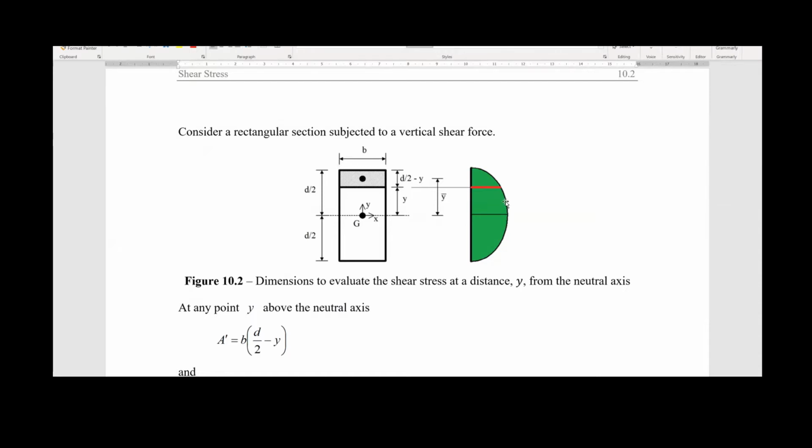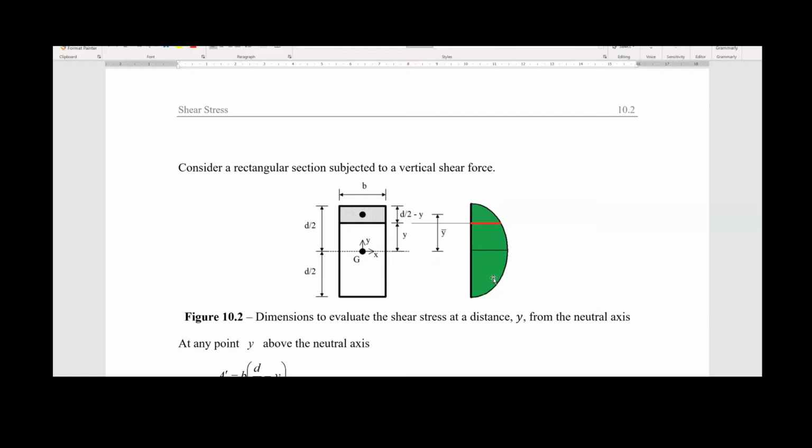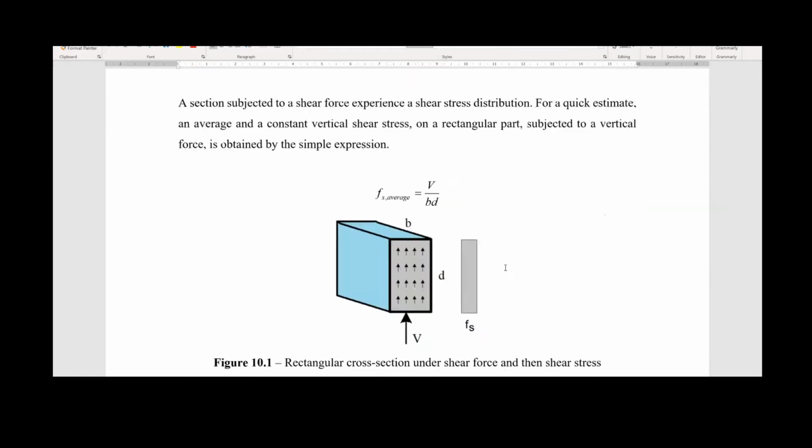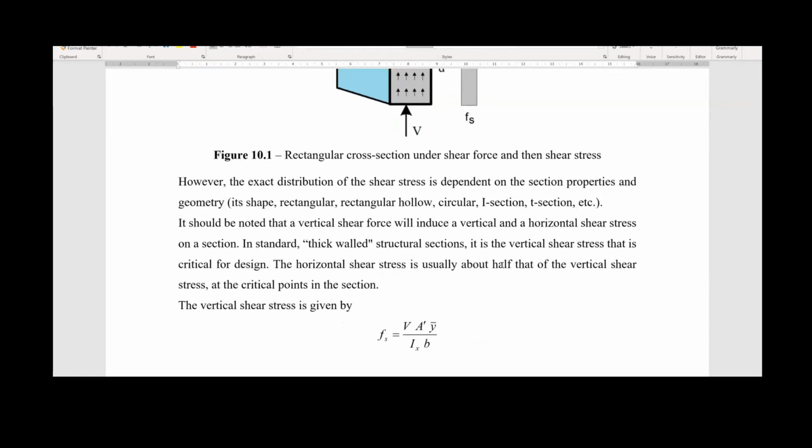So basically this is the shape we know a priori, independently of the actual values. We know a priori that the maximum will be in the middle, at the position of the neutral axis, for this rectangular cross section, and actually for every cross section. So the neutral axis will be our reference to define the maximum shear stress we are going to have in a cross section. So this is the proper way to describe the shear stress. But